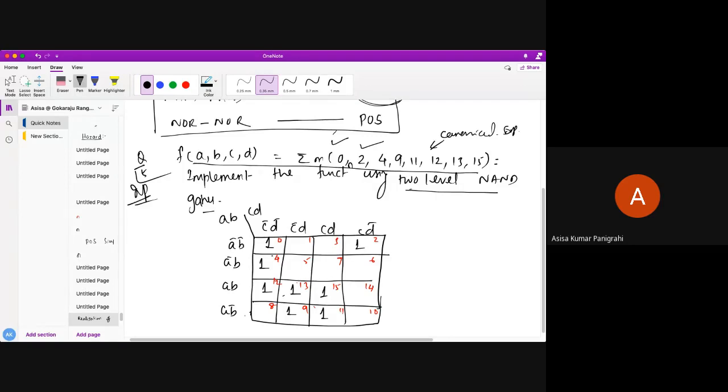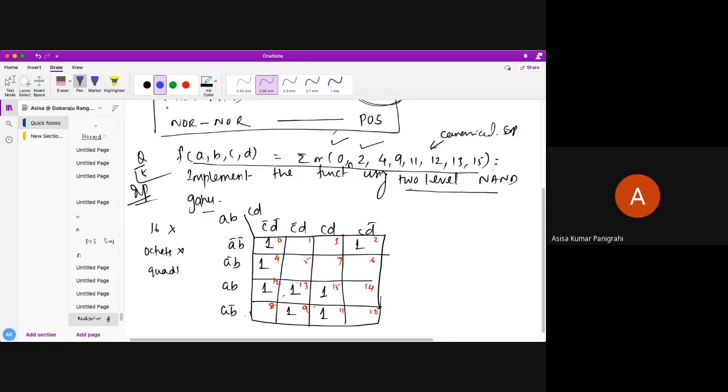Okay, next, after doing this minterm representation as 1 in the K-map, you need to start grouping it to minimize it. Because you have to realize the two level NAND gate for the minimized SOP. Am I correct, students? As you know that precedence formula, I have already told you. First you have to check the 16 number of minterms. If there is no 16 number of minterms, go to octets. If there is no octets, go to quads. So here obviously no octets, I go to the quads.